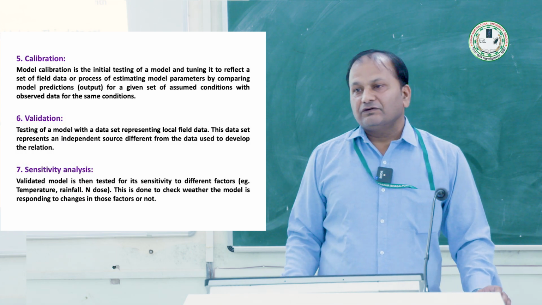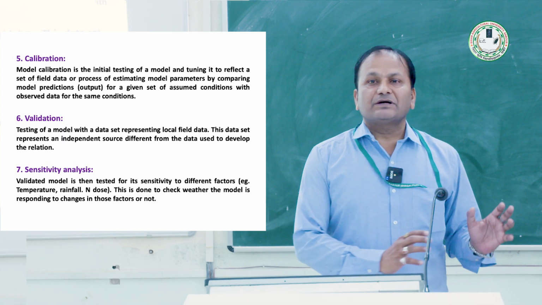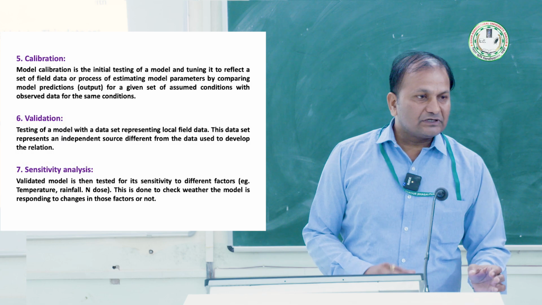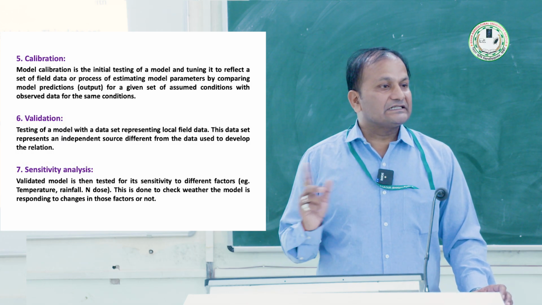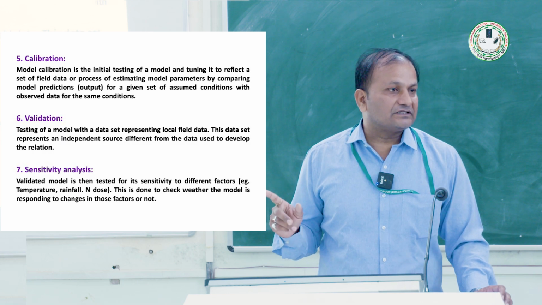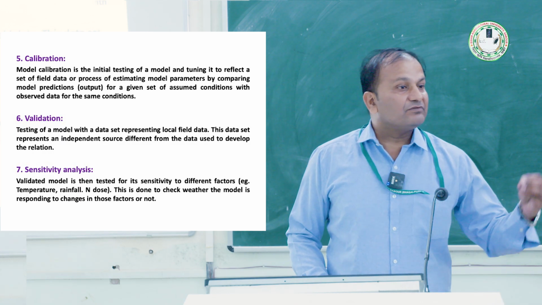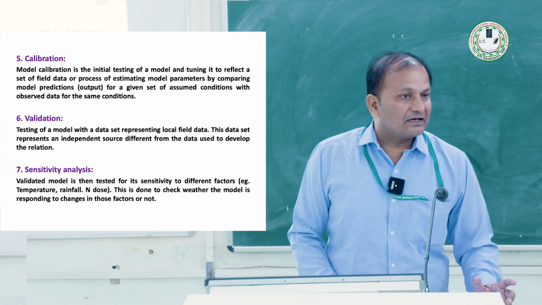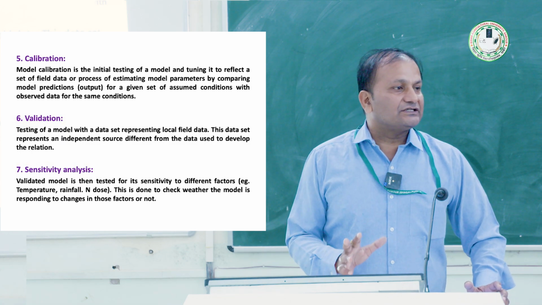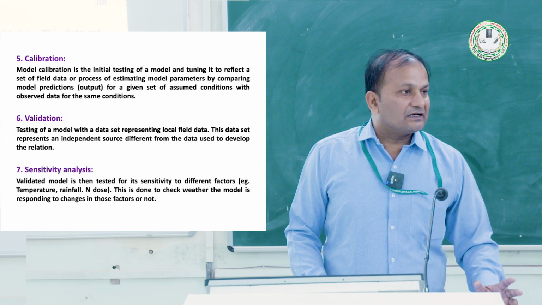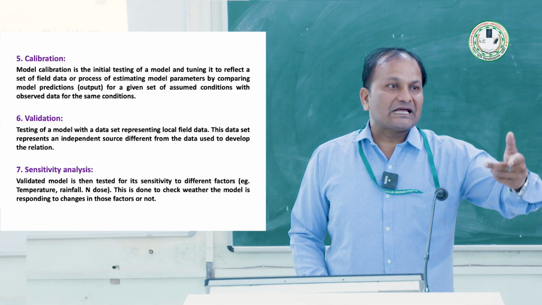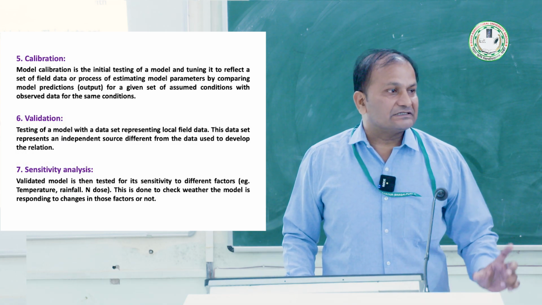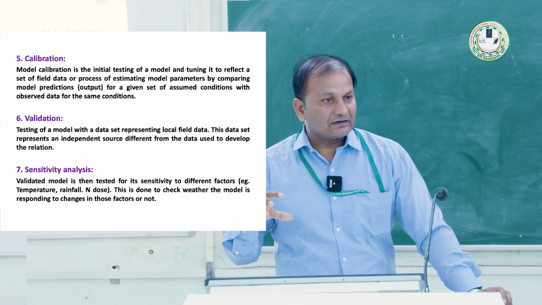Then validation. Validation means I have some equations or variables, I have a model, so I will give input, it will give result. Whether it is giving a correct result or not, we will validate with some real data. Validation means some comparison. How will we say that this is a right or wrong result? By comparison. So in the field the crop is giving this type of yield, but the model is giving this type of yield. So maybe there is some difference. That difference is error.